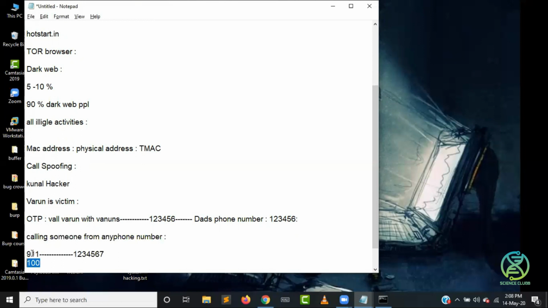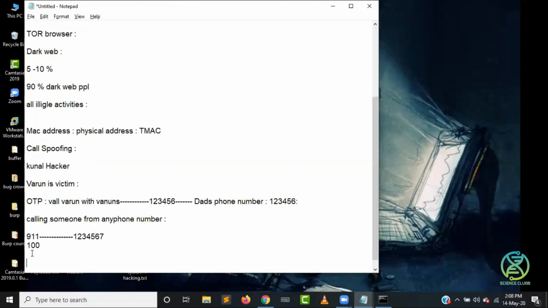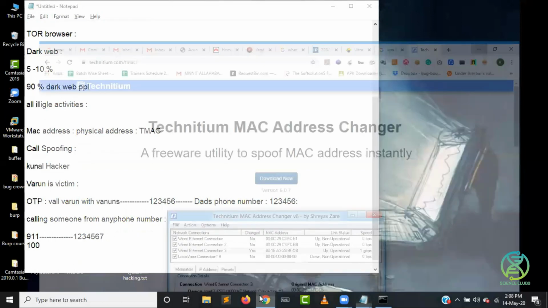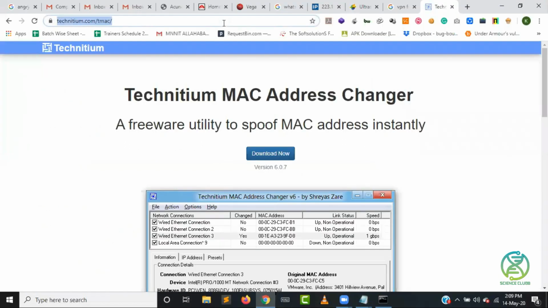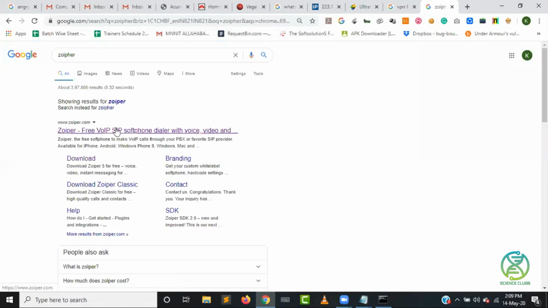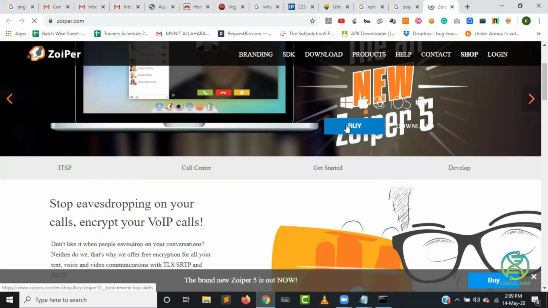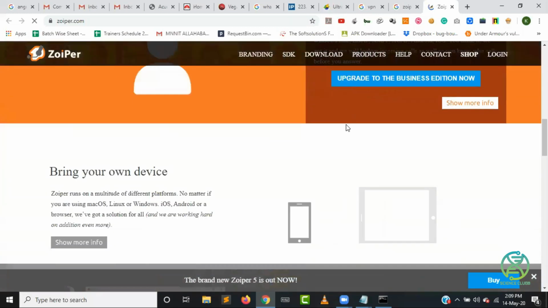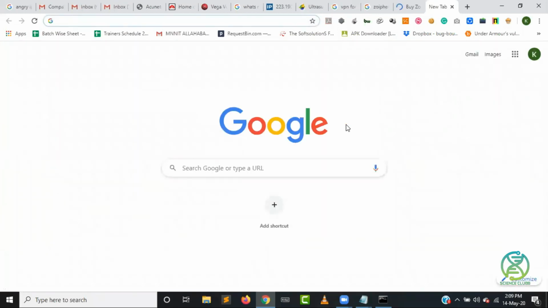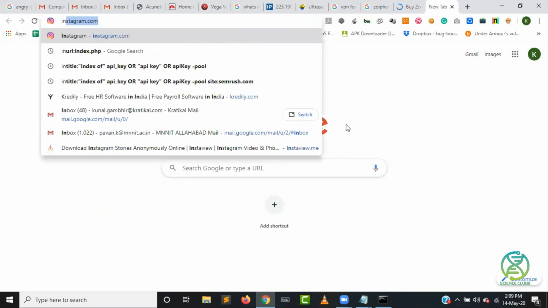So over here, I can call anyone using this phone number. When I call them, it will reflect phone number 100 on their phone. Okay, so you can call anyone. How to perform it? You have different tools for it. Okay, I'll tell you two tools. One is Zwiper, but Zwiper is a paid tool. Okay, you have to set it up and you have to pay about 4,500 rupees. I'm talking about rupees, not dollars. Okay, you have to buy it and then you will be able to use it. So that's the issue with Zwiper. But if you want to do it free, we have one tool, we call it IndieCall.